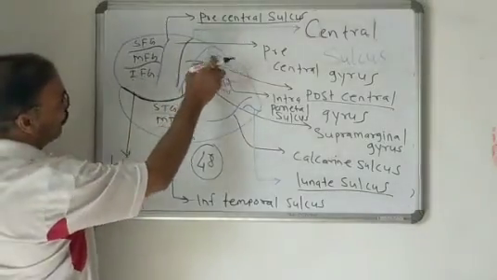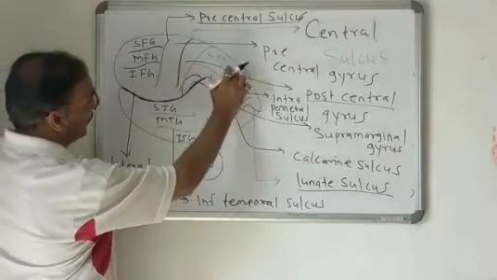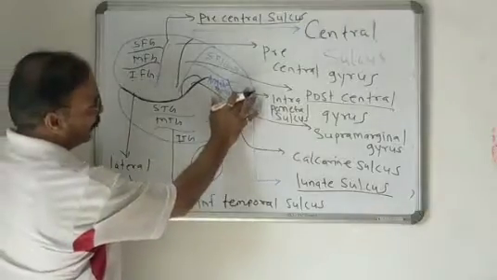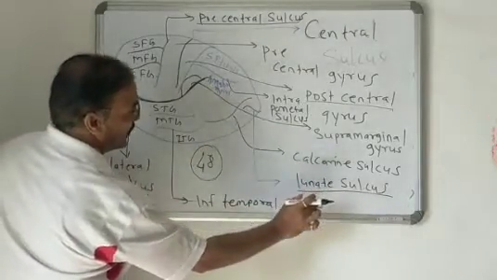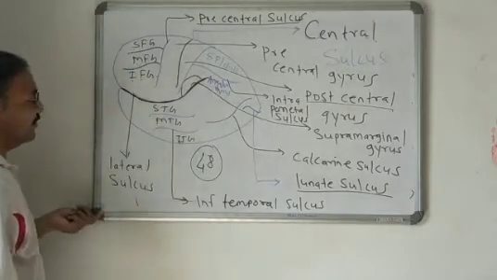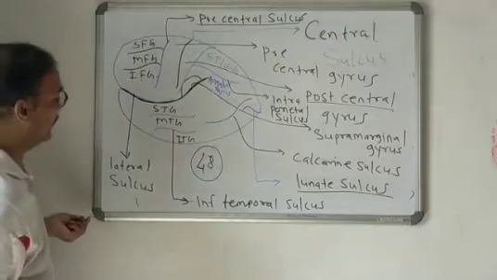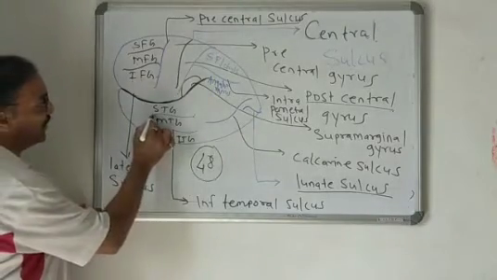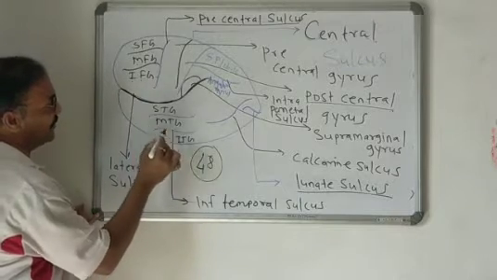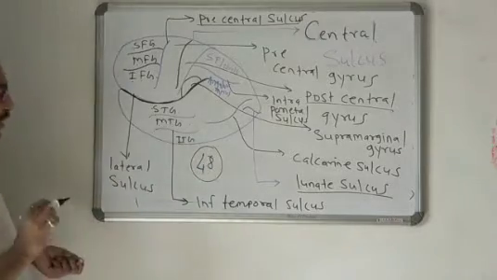Then the parietal lobe, the intraparietal sulcus is there. Gyri present are the superior parietal lobule and angular gyrus. Then the occipital lobe, the calcarine sulcus as well as lunate sulcus are present there, which are made for vision. Then the temporal lobe consists of two important sulci and three important gyri. The sulci are the superior temporal sulcus and inferior temporal sulcus. The gyri are the superior, middle and inferior temporal gyri.